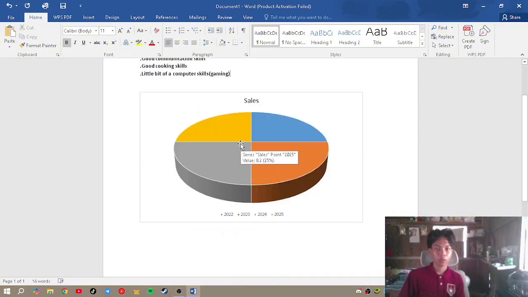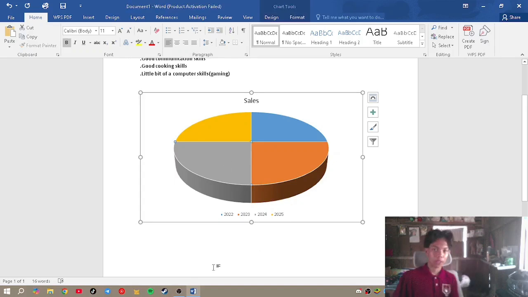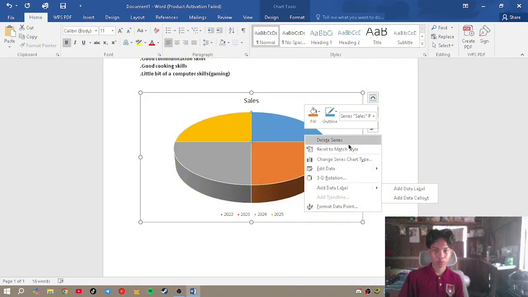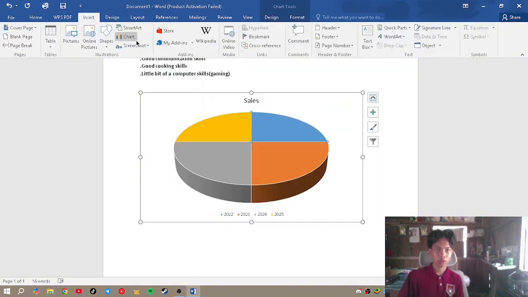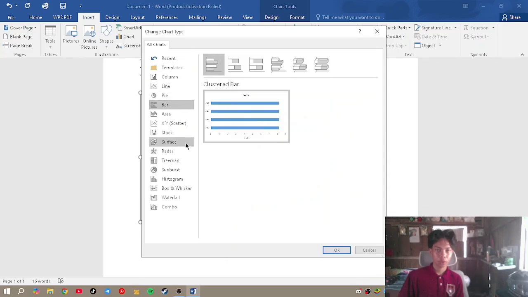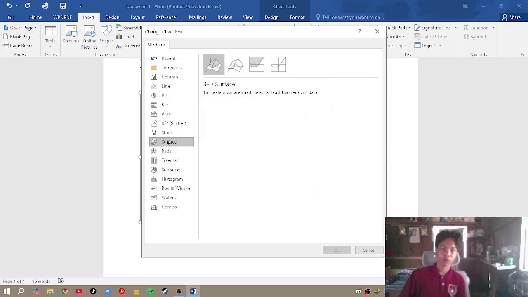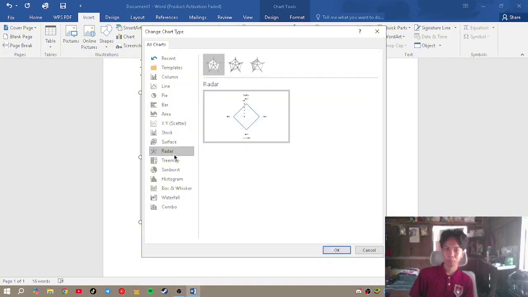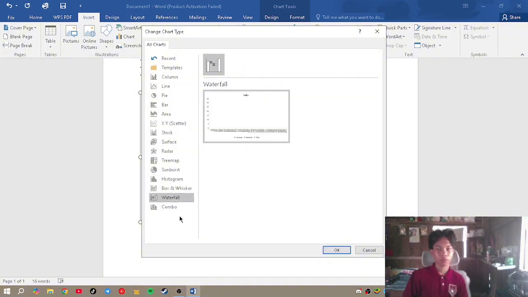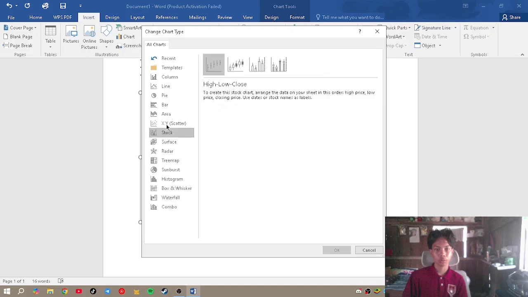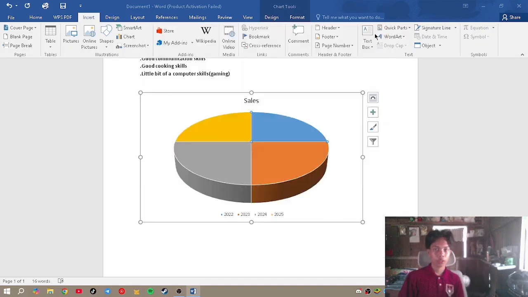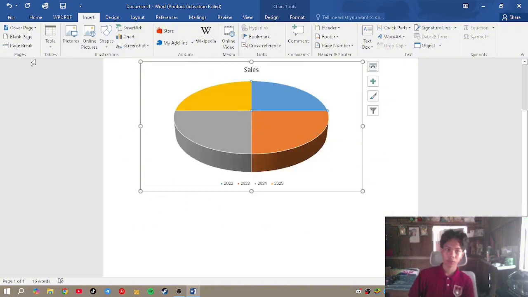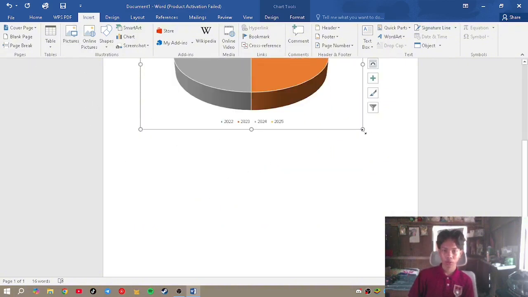So we have here a graph. How do you do this in Word? I'm going to show you how. For example, let's use Insert, go to Chart, and here you have a lot of options on how to make a graph. If you have something like research, you want to use this. You want to use these tools to simplify and analyze your data. So I'm going to show you another example.